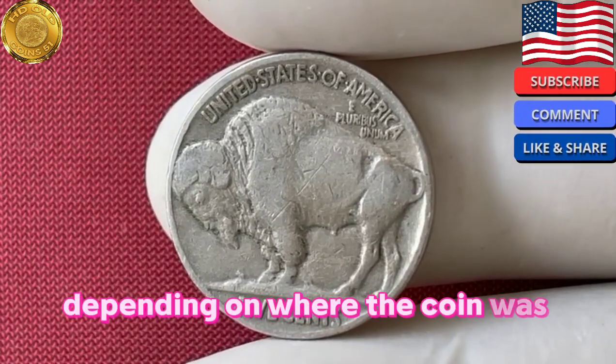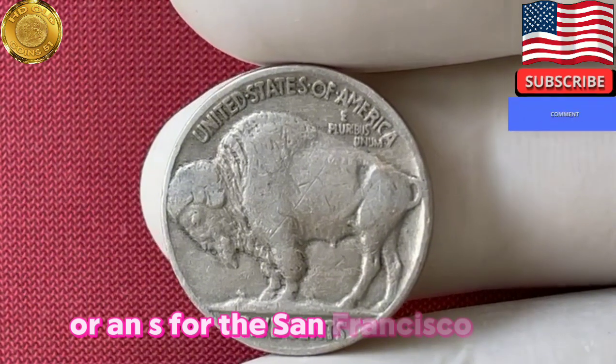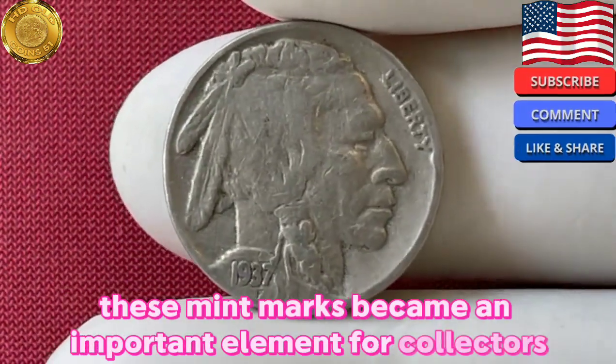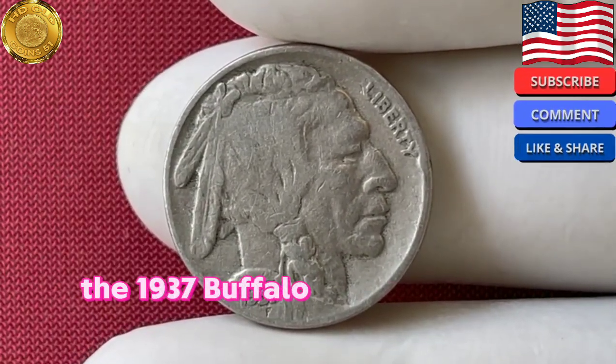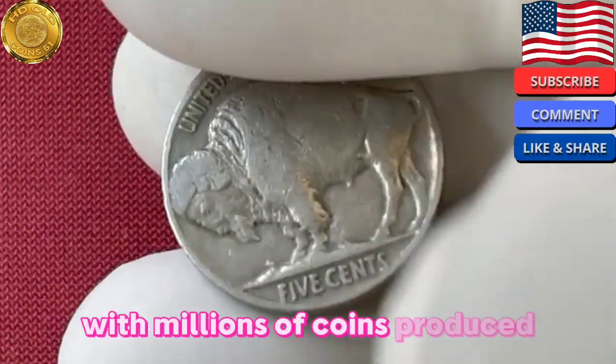Depending on where the coin was minted, it could feature a D for the Denver Mint or an S for the San Francisco Mint. These mint marks became an important element for collectors, as they allowed for a distinction between coins produced at different mints. The 1937 Buffalo nickel saw the highest production at the Denver Mint, with millions of coins produced, followed by the